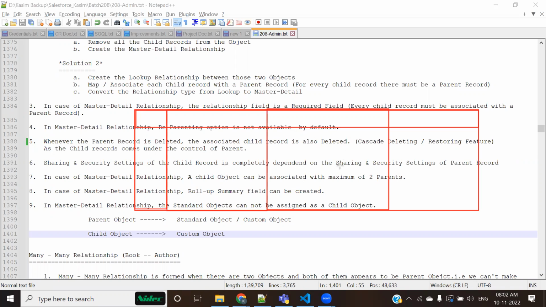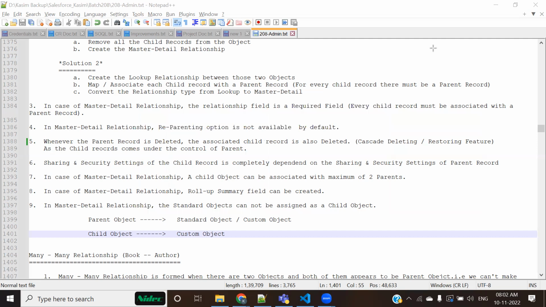In lookup, we cannot create a roll-up summary, but in master detail we can. Then a parameter can be old records inside the child object. Even if the child has old records, a lookup relationship would still get created. But in master detail, if the child has some old records, we cannot create a master detail directly. So first create the parameters, then accordingly create the differences.